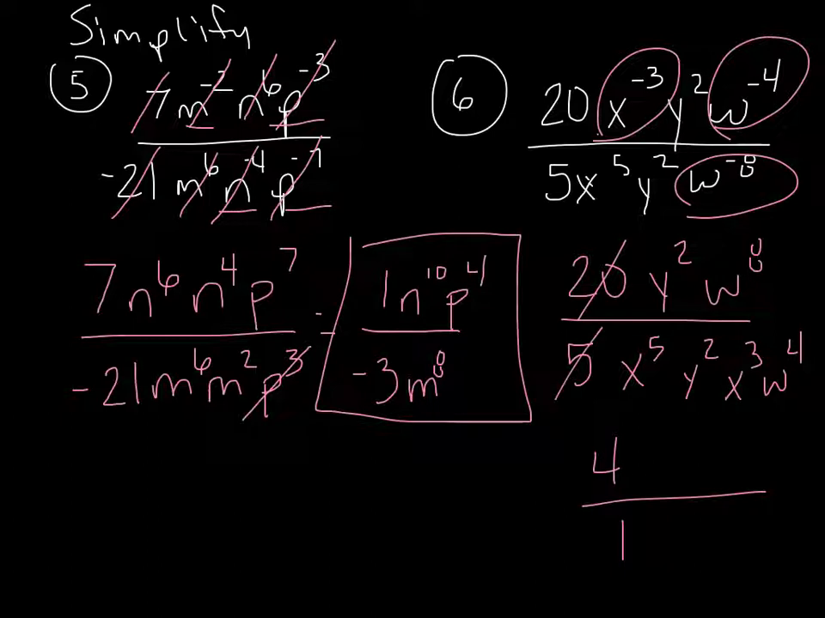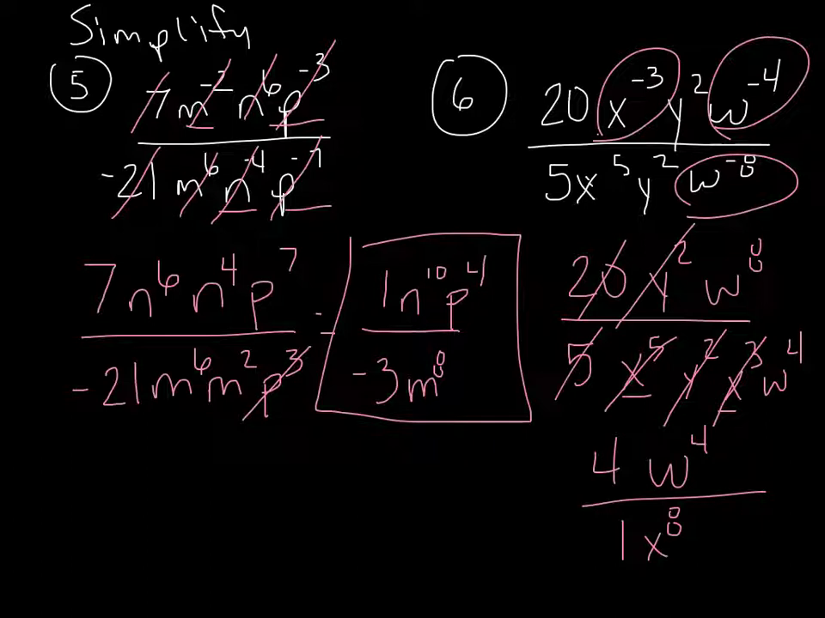Alright, so those are done. And then you can go to your x's. We have x to the 5th and x to the 3rd on the bottom, which becomes x to the 8th. Okay, so those are done. Look at your y's. You have y to the 2nd on top and y to the 2nd on bottom. Those just cancel out, because if you take 2 minus 2, it'd be 0. So those are gone. And then w's are bigger on top, so keep your w on top, and 8 minus